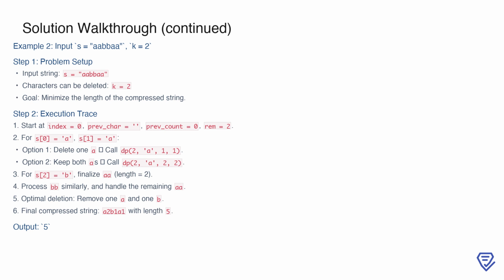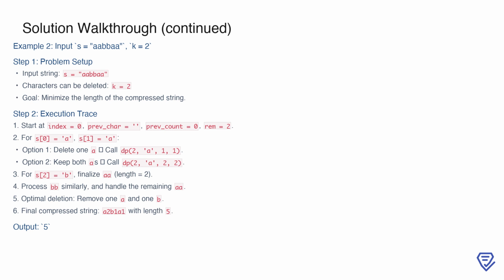Now consider a second example with the input string s equals abba and k equals 2. The goal remains the same: minimize the length of the compressed string after deleting up to 2 characters. Starting with index equals 0, prev_char equals empty, prev_count equals 0, and rem equals 2, we analyze the first 2 a's. Here, we can delete 1 a, resulting in a call to dp 2 1 1, or keep both a's, resulting in